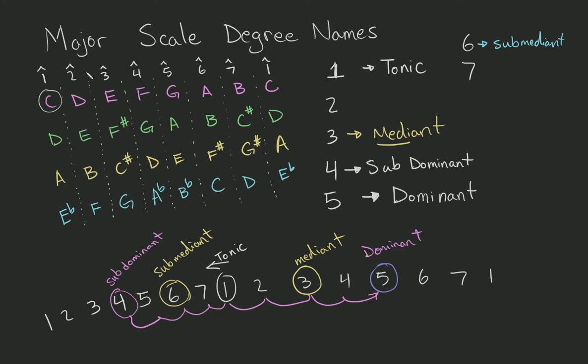Okay. There's 2 more names that we have to talk about, number 2 and number 7. Number 2 is the supertonic. Super means above, so it's simply above the tonic. That's it. And finally, this one is called the leading tone. Number 7 is the leading tone. And the reason behind this is because it leads you back to your